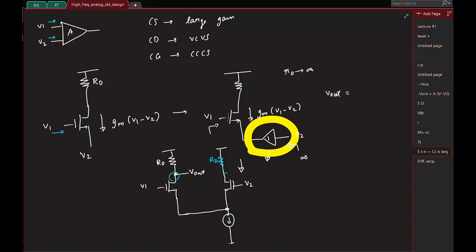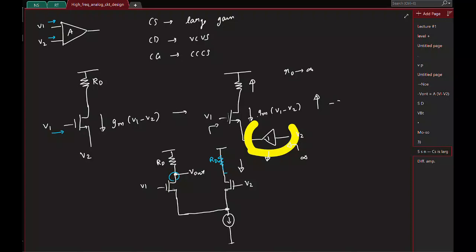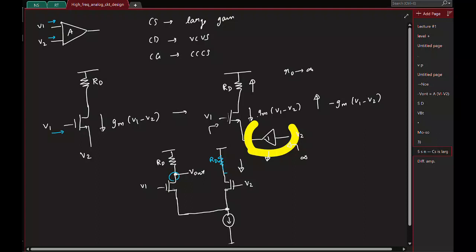Say R0 is infinity. Basically the incremental current Gm times V1 minus V2 flows into the resistor here. The current, do it properly. So the current flowing in this direction is Gm times V1 minus V2. So which means the current flowing up is what? Minus Gm times V1 minus V2. This current is basically flowing through this resistor RD. So ideally the gain is minus Gm RD